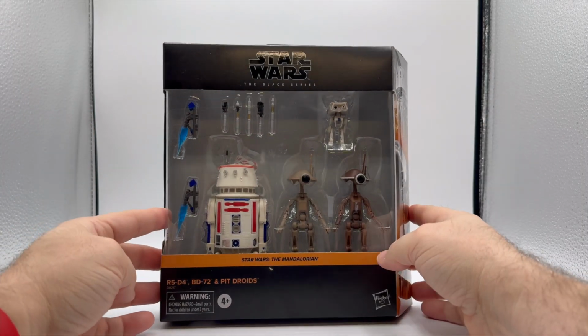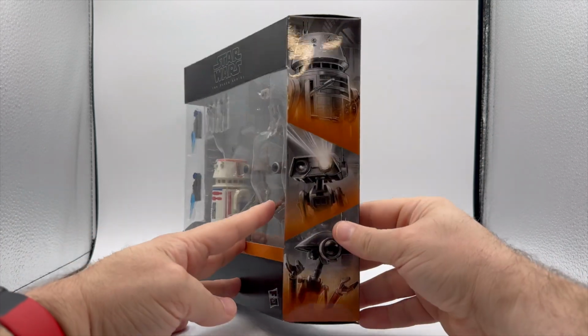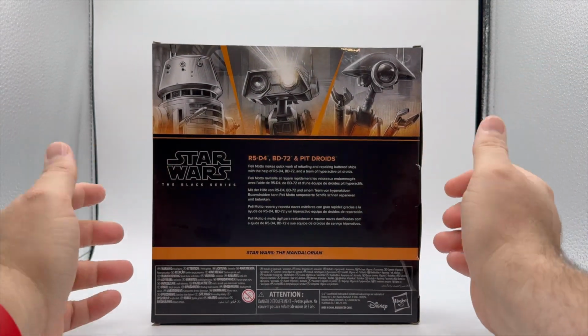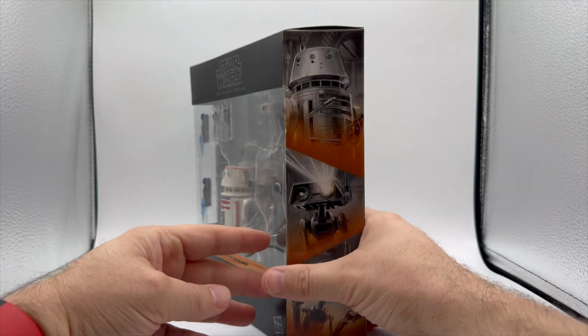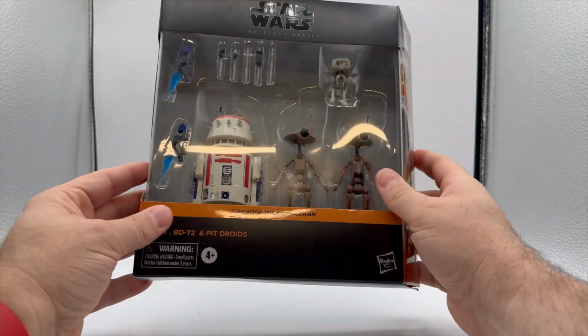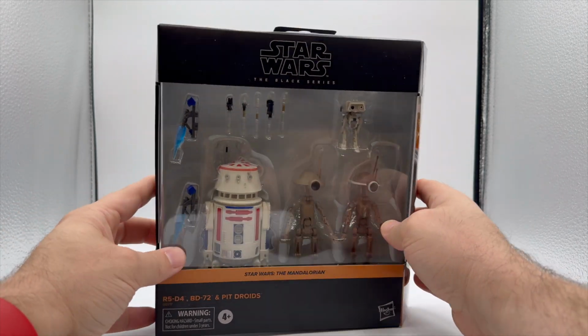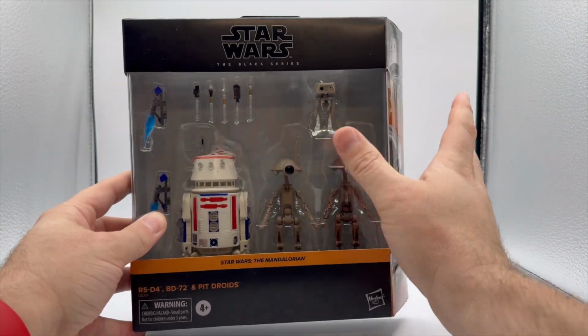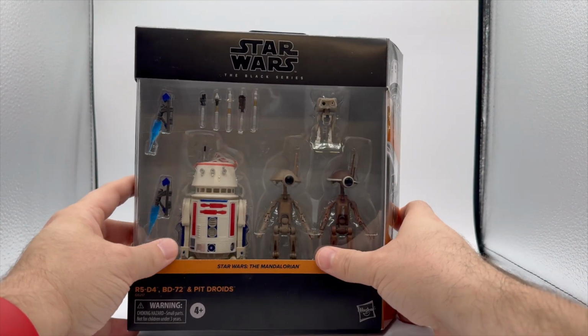Let's take a look. So here we have the multi-pack in box, and as you can see, it is an older style box. It was announced before the changeover to the newer style box. Do I wish it had a newer style box? Sure, but does it matter? Nah, not really. As you can see, we have the R5D4. We have two pit droids that we will, of course, compare all of these to their original releases, as well